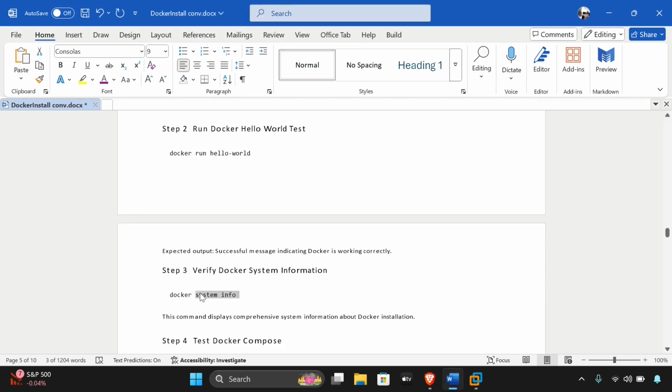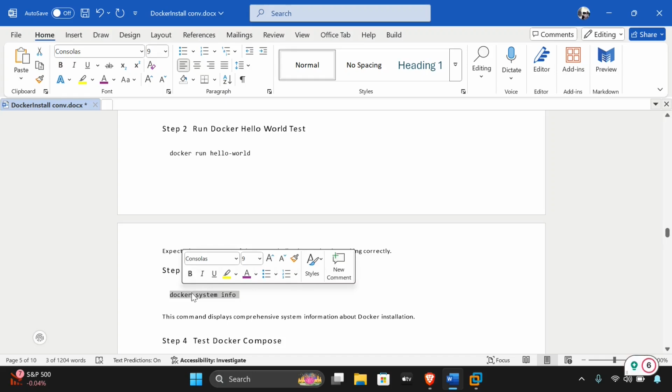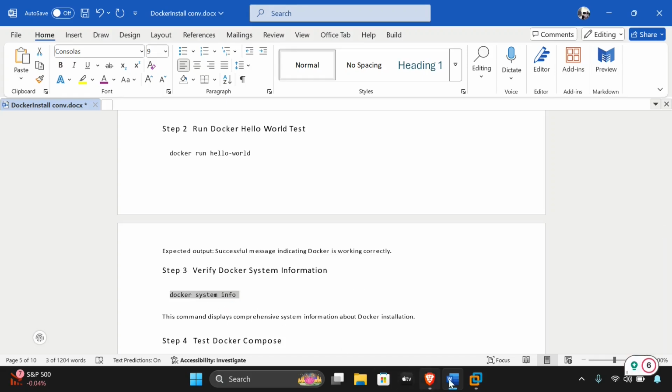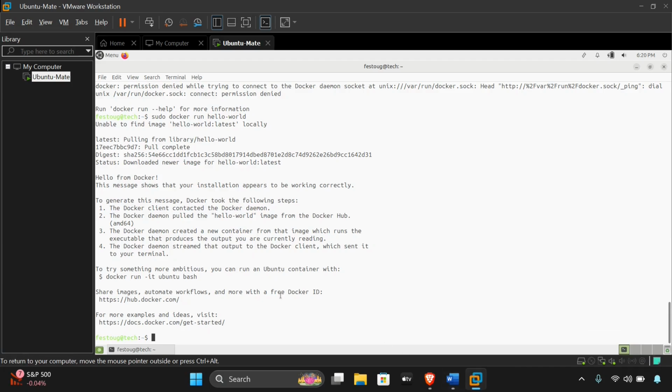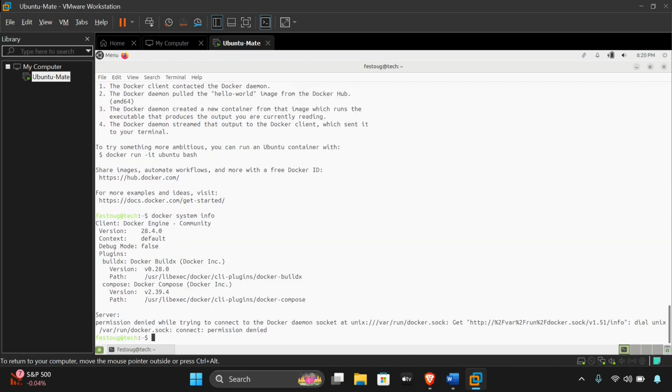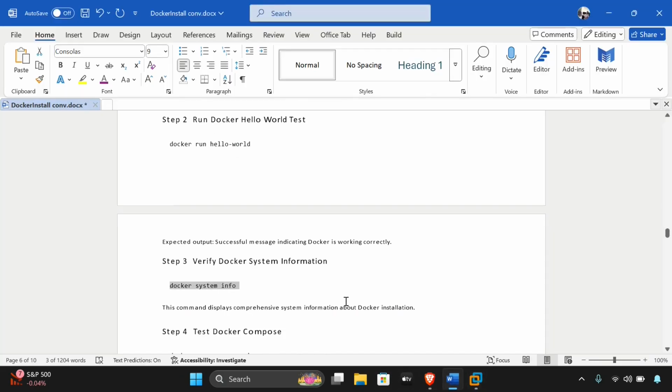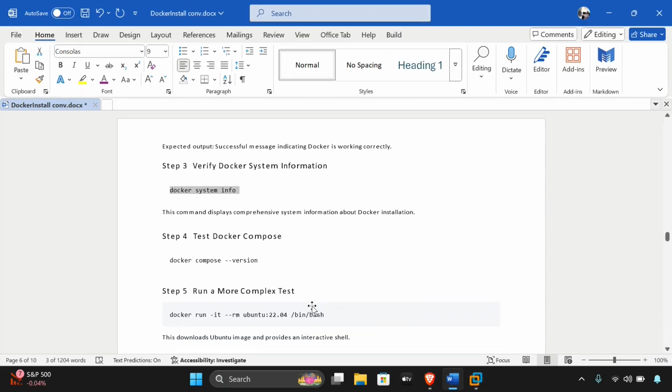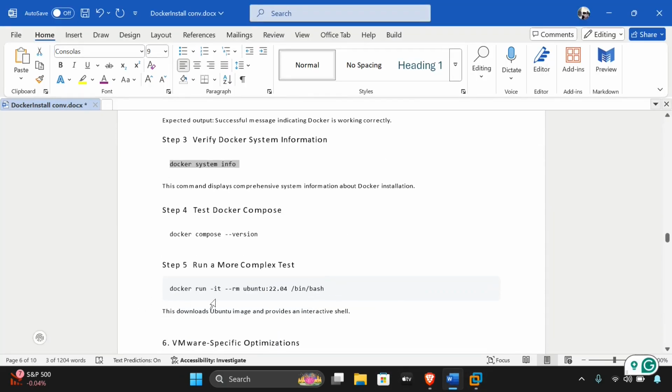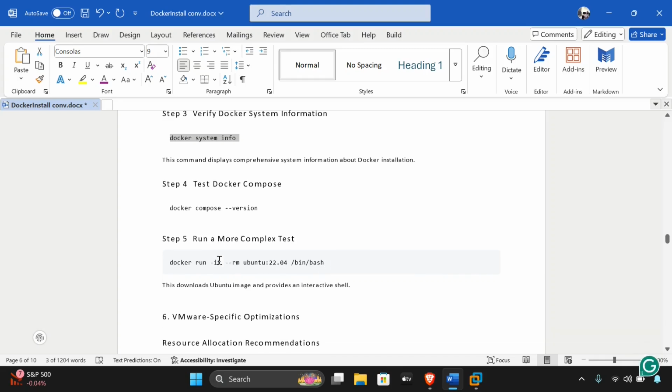So I'll just come also here and copy this command to check for the Docker information. So I'll paste it here. Then as you're seeing here, it will show you the version, the build number and the rest. So we'll do our final check, which will require running a simple Ubuntu image. So I'll copy this command